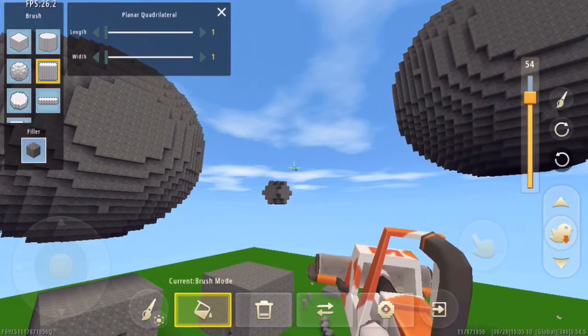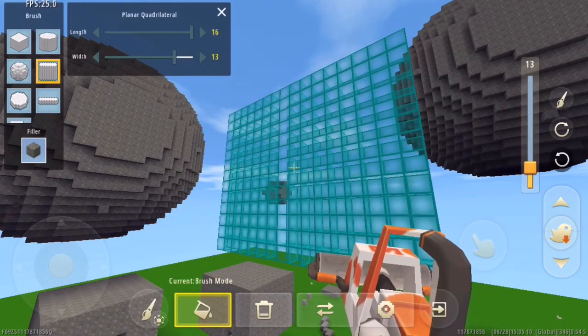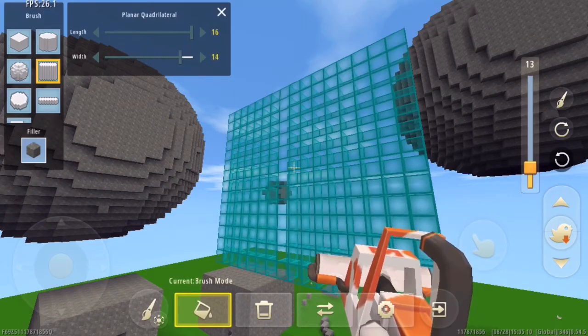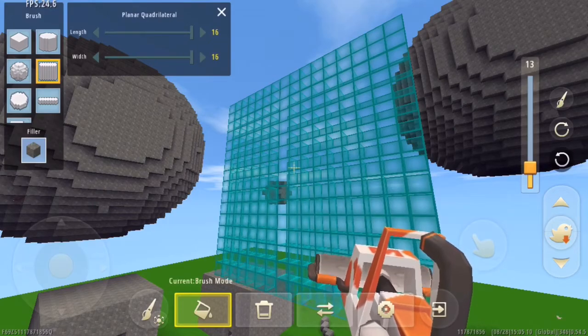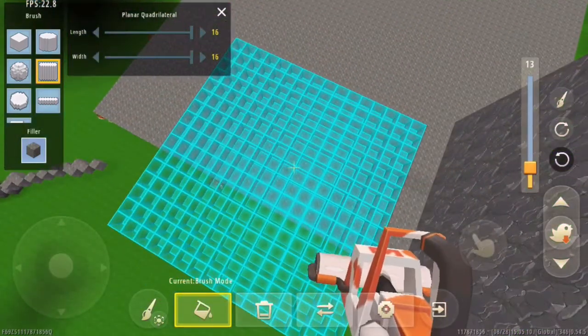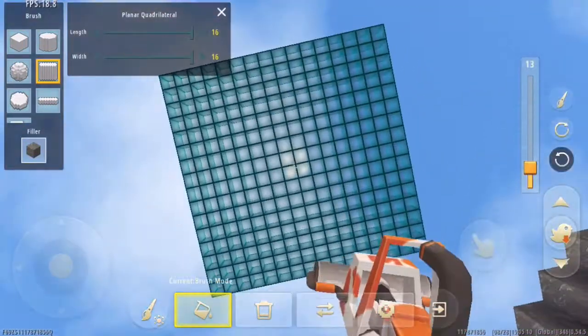Here we have this one, which you can control the height and the width of. And as you can see, the flat side always stays facing you.